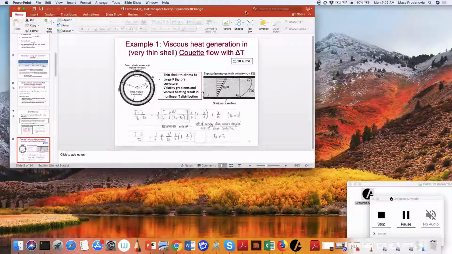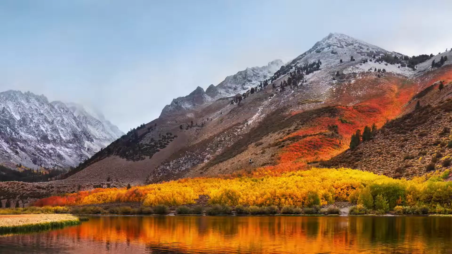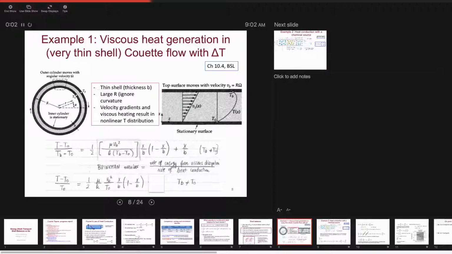So just a brief review of examples we've done so far before we wrap up heat transport, hopefully today. Okay. So our first example was an example of viscous heating, and it had this standard assumption or standard procedure that we're going to do, where you basically assume that you have a velocity distribution given, and then given that knowledge, you plug that into the shell balance for our combined energy flux, and then we